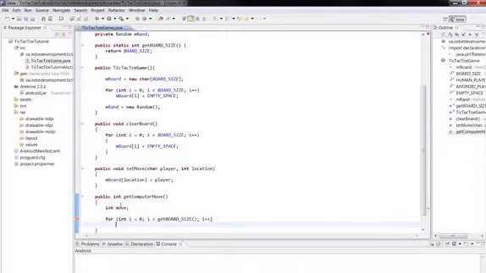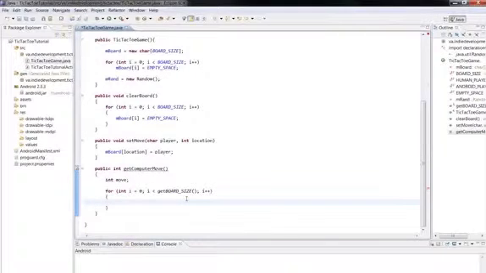Now as we loop through the board, we're going to check here and see if the slot in there is the human player. So if it's not,